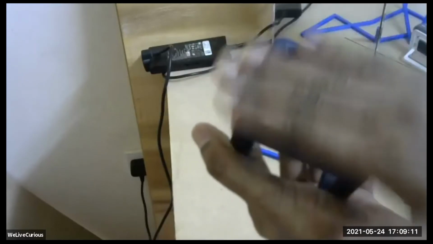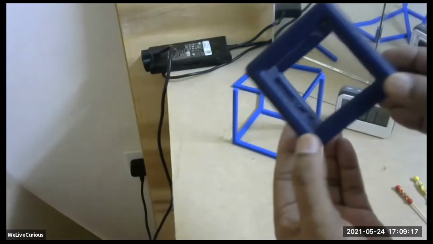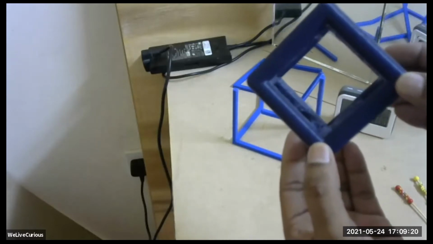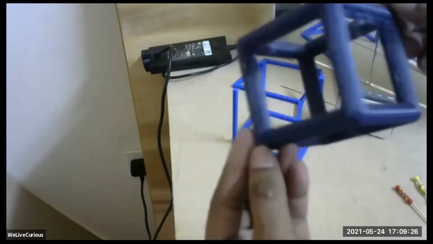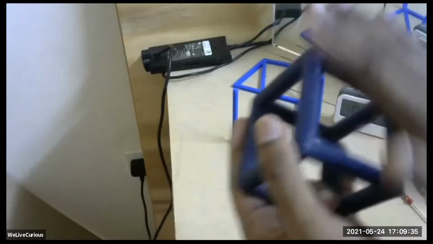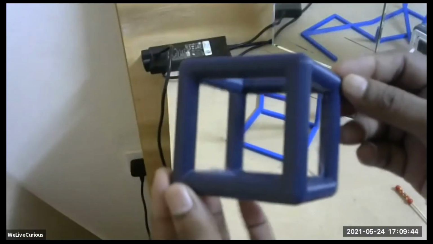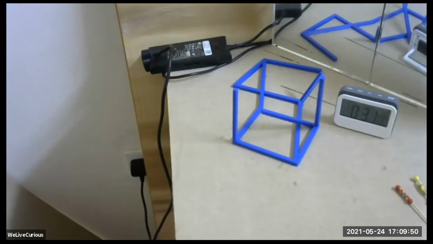A polygon is one face. When you see it this way, then you can call it a polygon, right? It is a square. So you can call it a polygon because it is only one face. But when you see it in 3D, do we call it a polygon or what do we call it? It's a 3D shape now. So does anyone know what to call this now? Like square, triangle, pentagon. Go ahead, tell me. Yes. Tetrahedron. It is not tetrahedron. Tetrahedron has 4 faces.